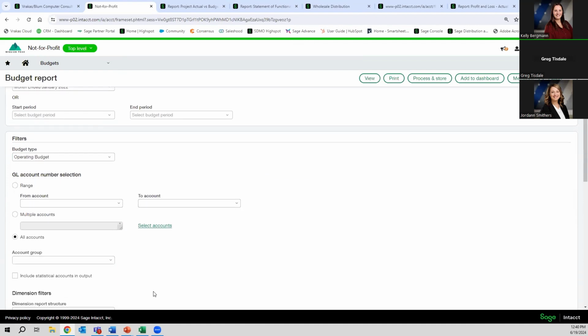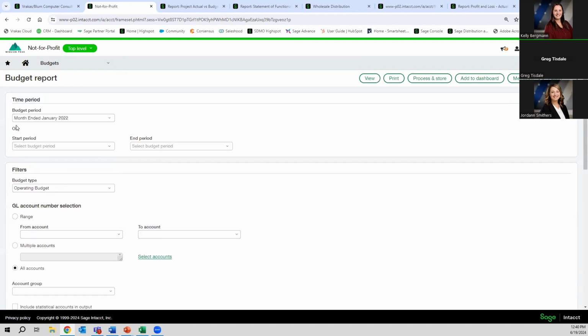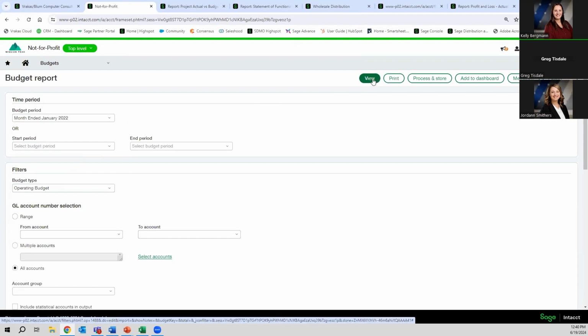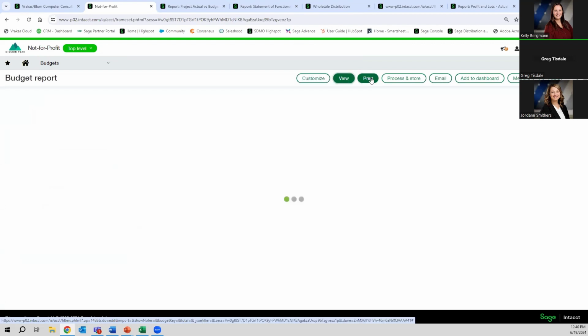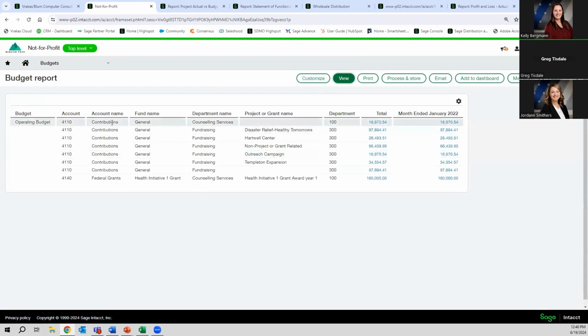I could choose to filter this out any other way, but I'm just going to say, show me January 2022's budget for my specific operating budget, and I'm going to say view on my screen here, and there we have it. So these were those same account and dimension relationships that we had on our Excel file, and those dollar amounts are now all updated in